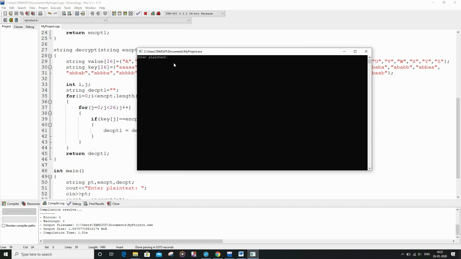And as you can see, it is asking to enter the plain text. So for simplicity I am going to enter only 2 characters.